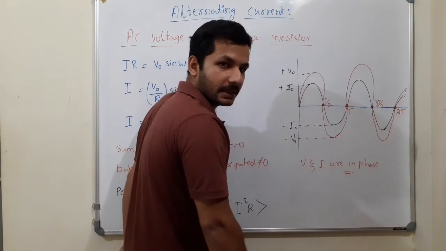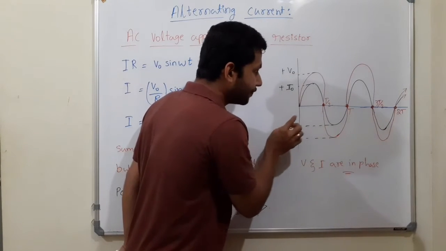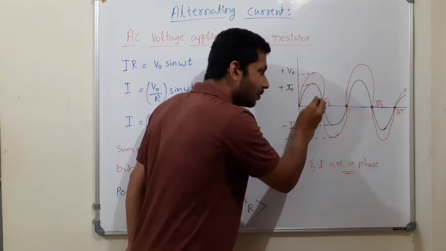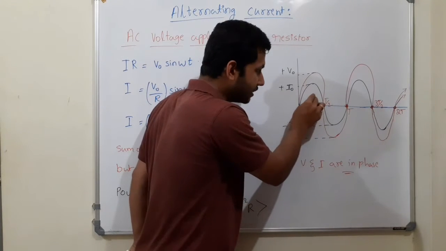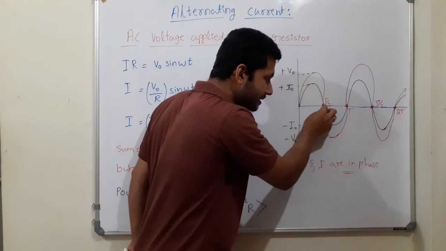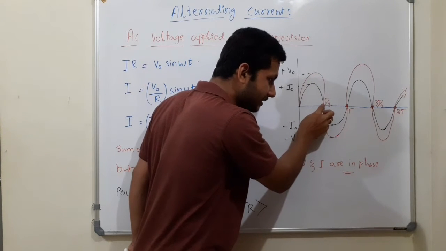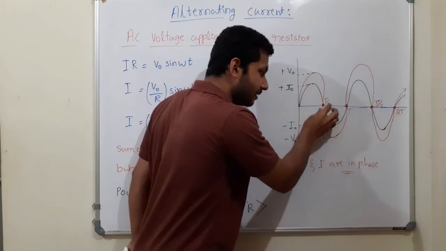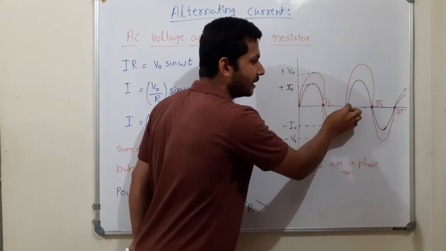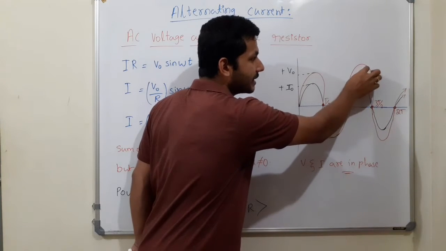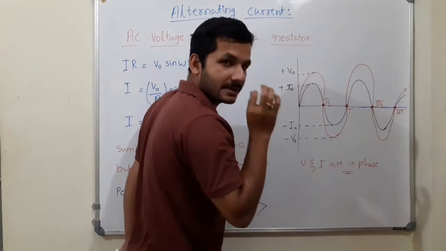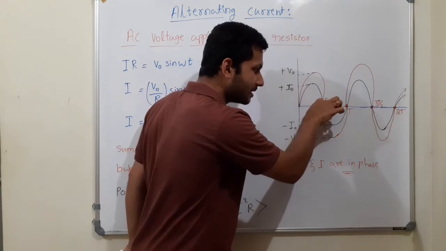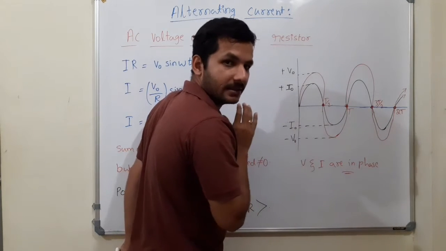You can observe that at the same time current and voltage both are maximum, right? Current and voltage start decreasing at the same time and they both meet at the same time. Again they go to the negative direction at a time. That also happens at the same time. Again they increase and decrease. Everything happens at the same time, right? Increase in voltage and current, decrease in voltage and current, happen at the same time.